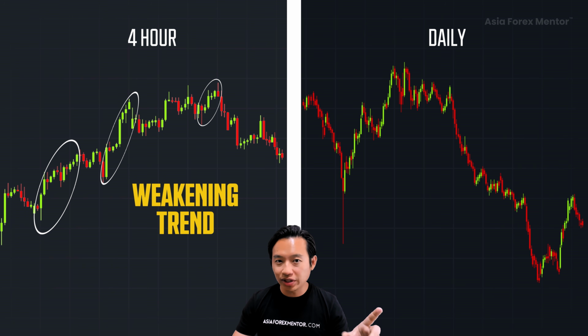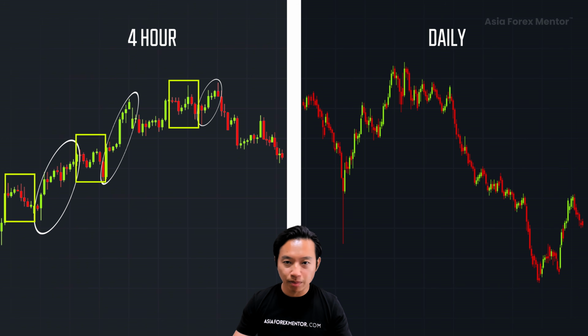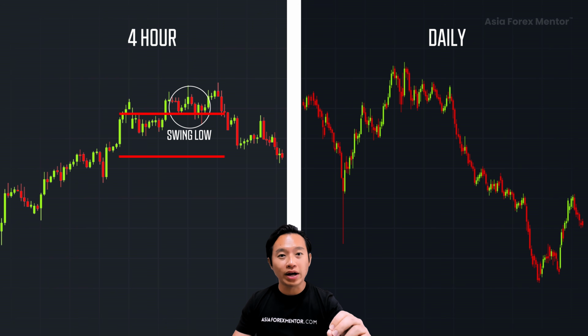Next, pay attention to the retracement move. The trending candles start shrinking, while the retracement candles start getting bigger. So when price